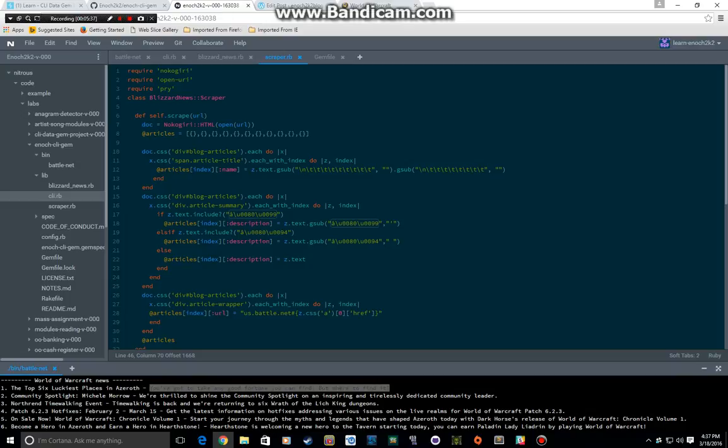CSS. So I had to gsub some weird print that they had on there. I don't know what that is, to be honest with you, but I just gsubbed it out to make the titles, the name of the titles, more clear as to what it is. And then I have an articles variable that has an array of nested hashes. So I iterated through them, and I made each one of these have the key of name and then the